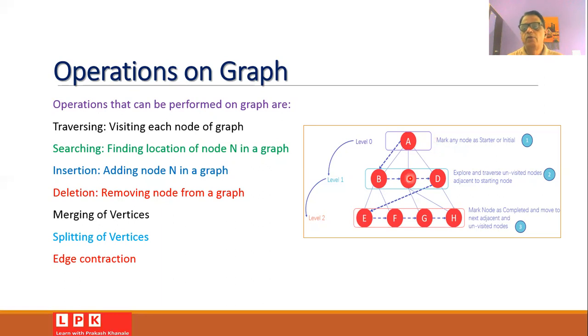You can start from any node, and then go on visiting each and every node of the graph, and that is called the traversing operation of the graph. In this particular graph, we can start from A, then go to B, then C, then D, then E, then F, then G, and then H.